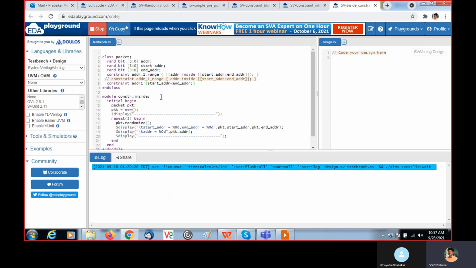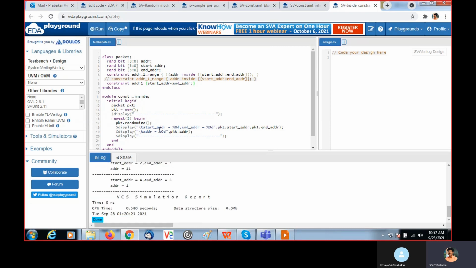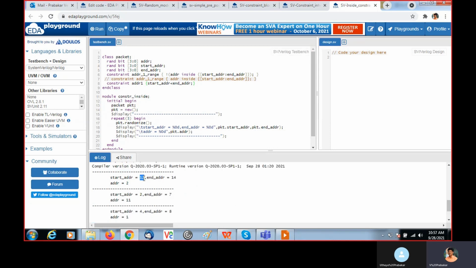So this constraint will also apply for these variables. If you see, the start value is less compared to the end address. So here we mention out of the range. This 2 is out of range, this 11 is out of range, and this one is also out of range. This is start and end address.